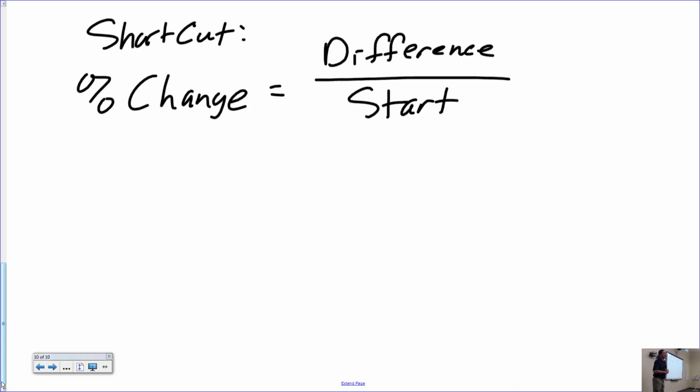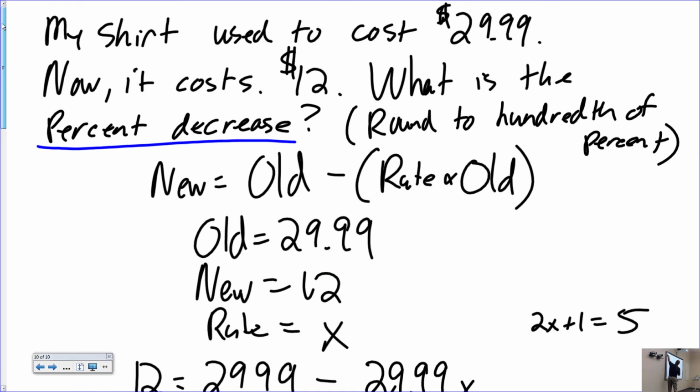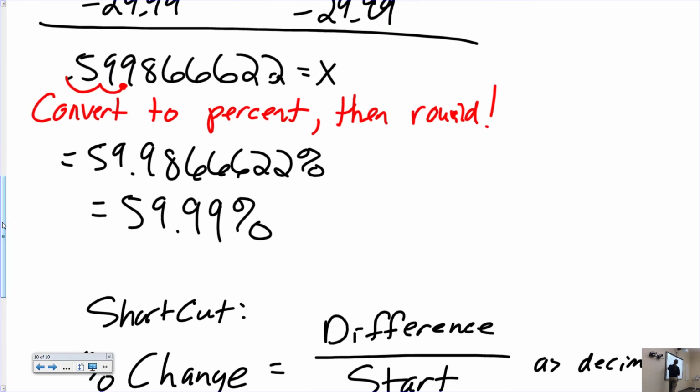If you just take the difference and divide by where you started, you will always get the decimal representation of your percentage change. Okay? So, note, folks, what is the difference between my two prices? What's $29.99 minus 12? $17.99. Where did I start? $29.99. If you take $17.99 and divide by $29.99, you'll get your